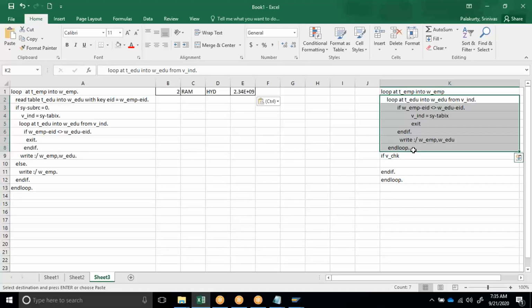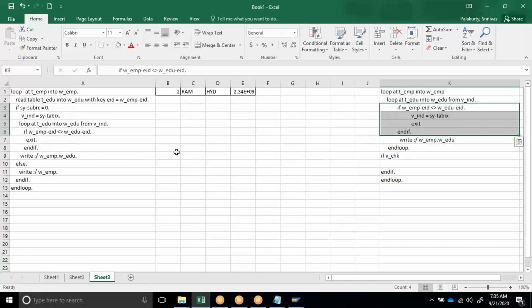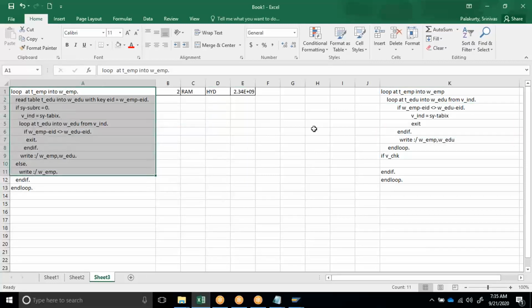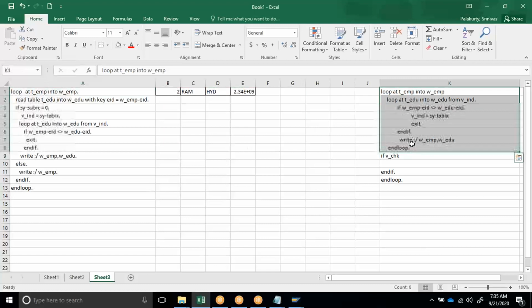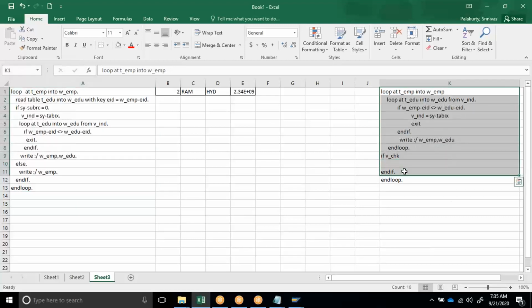Say record number 3 or record number 4, whatever is there in the index, from there it starts. And wherever it mismatches, it exits. So output wise, both are correct. But speed wise, if you compare these 2 programs, this one is much better than the other.